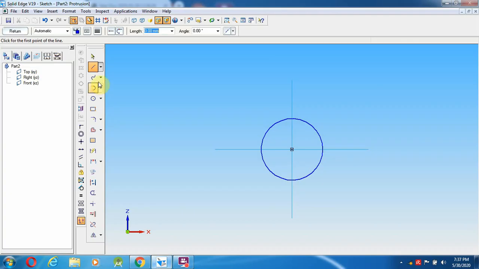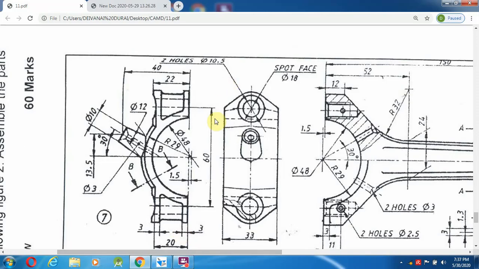So go over here, select a line from here to 1.5 mm, make a distance.